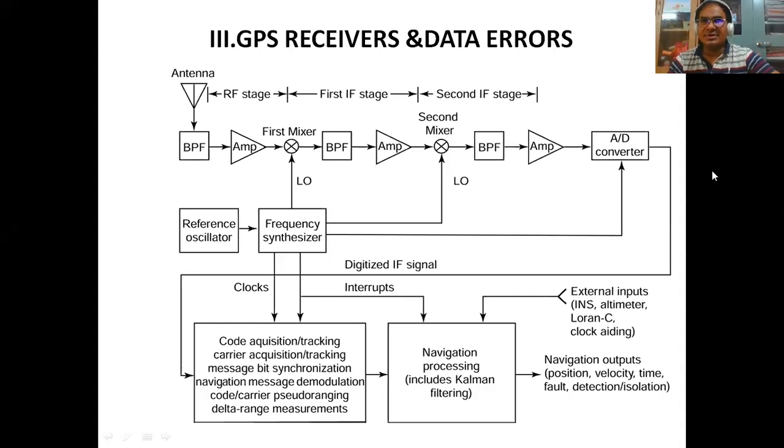So with this, the revision of Unit 3 is completed. Of course, there is the errors topic. Errors we have already learned very recently in Unit 4. Of course, in brief, I have given what the different types of error sources are, how much error is caused by each one, and how to correct them. So one is the GPS receivers and second is the data errors: satellite almanac errors, ephemeris errors, clock errors, and thermal noise. Due to thermal noise also some error will be induced. These are the data error sources.